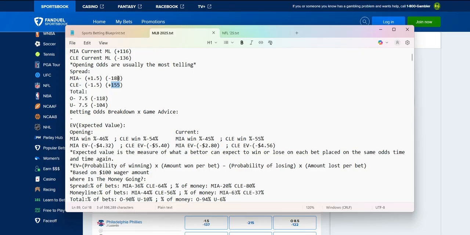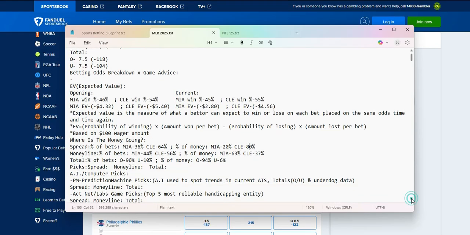So obviously, if Miami wins the game, Cleveland will not win this spread. Obviously, the sportsbooks will not be paying out that 80% at plus 155. That's a lot of money to pay out. That's an individual bet that could change your life if you bet on it. But just keep that in mind. Look out for Miami on the run line and Cleveland on the money line, or Cleveland across the board if they go over that 40th percentile on the money line.